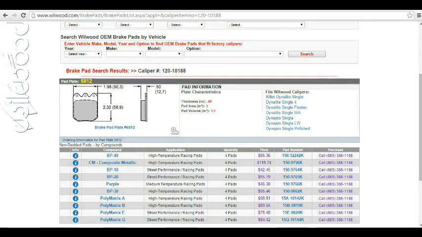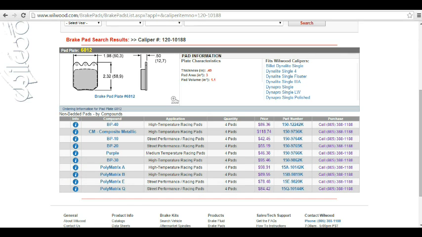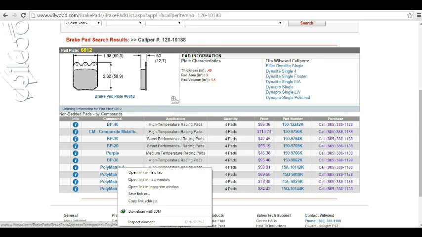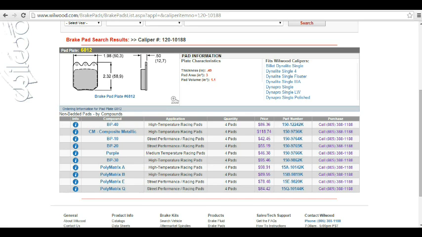Okay, so for this caliper I have these many brake pads that can be used. So it's a BP40 composite metallic, BP10, 20 purple, and then a set of polymatrix compounds. So as you can see, the price of each type of compound is different. Let's take an example of a polymatrix A compound. So when we go into that,